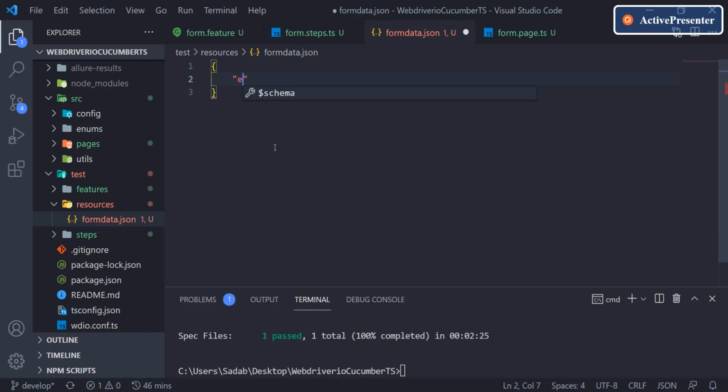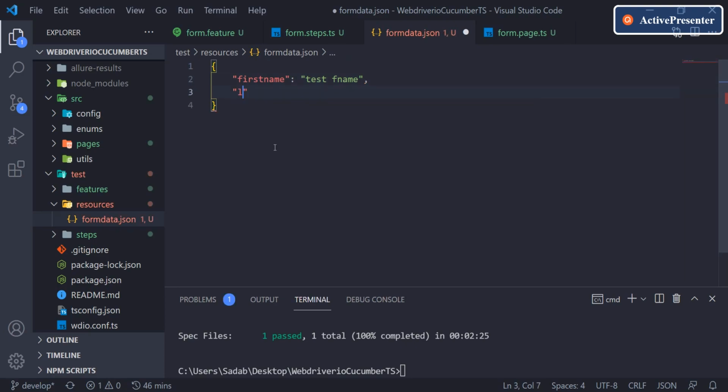So in double quotes let's pass firstName, then colon, and in double quotes again the value, which will be test f name, and then a comma, and then the other value.